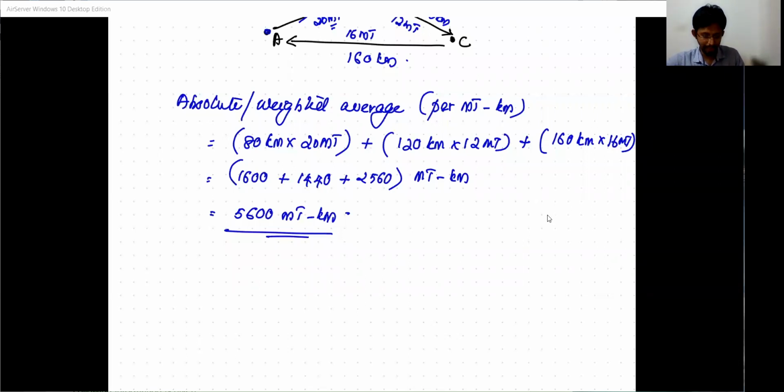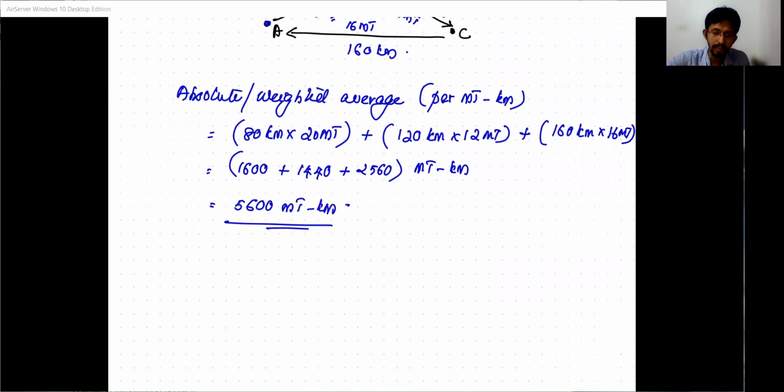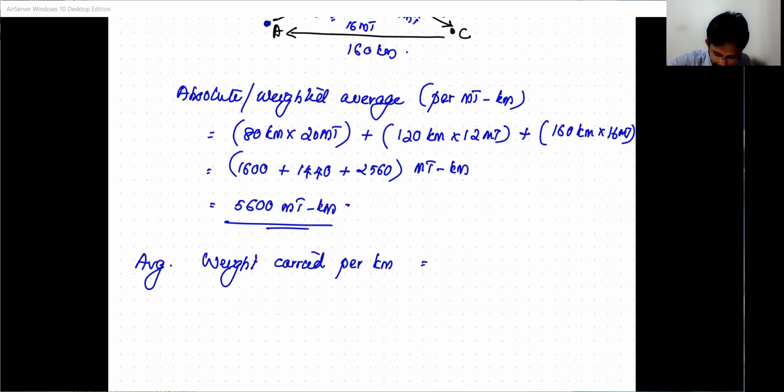Okay, so this is the total kilometer into weight. Now, if you want to find out the weight carried, or average weight carried per kilometer, then what you have to do? You have to take it as 5600 metric ton kilometer divided by total distance. That is equal to